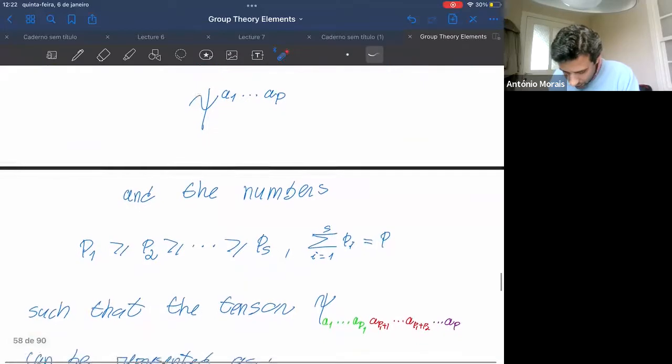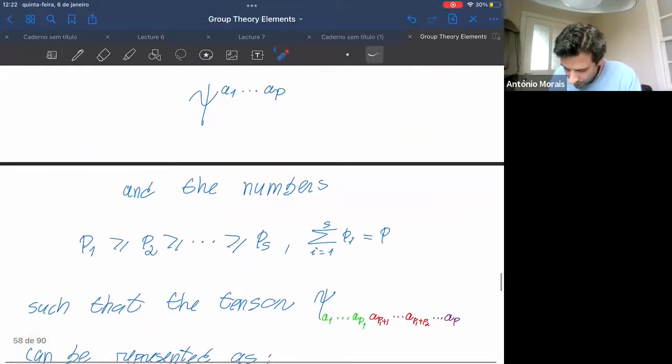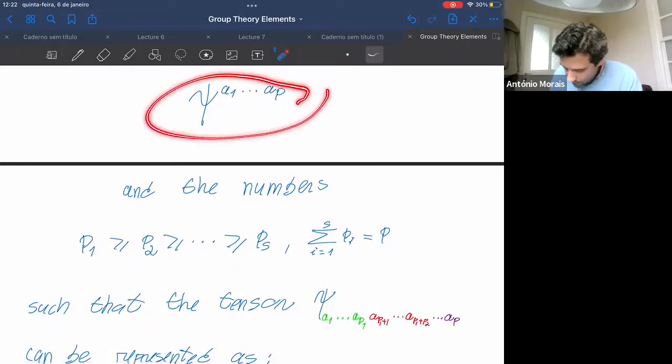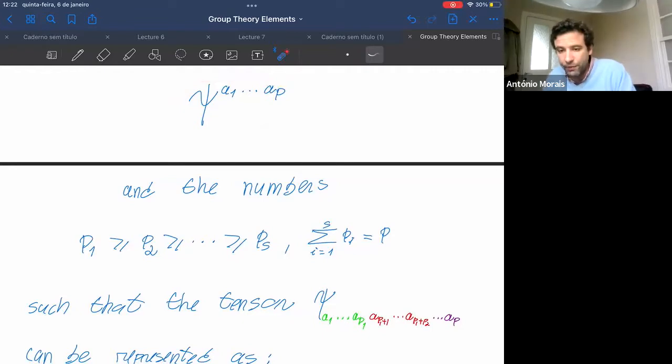Maybe we'll digest this better at home. This is to say that you can split this tensor into different groups of indices. First, the green group that goes from a1 to a_p1, then a second group that goes from a_(p1+1) to a_(p1+p2), and a third group that goes from a_(p1+p2+1)